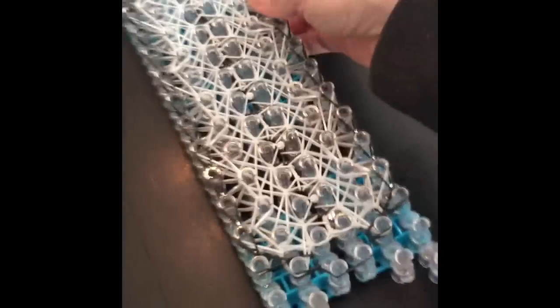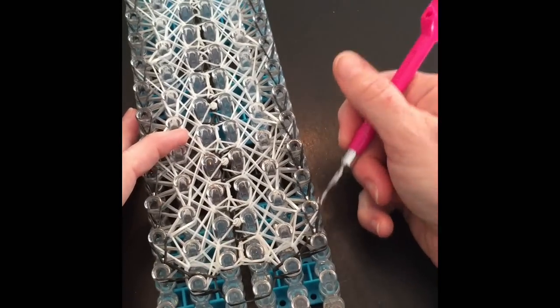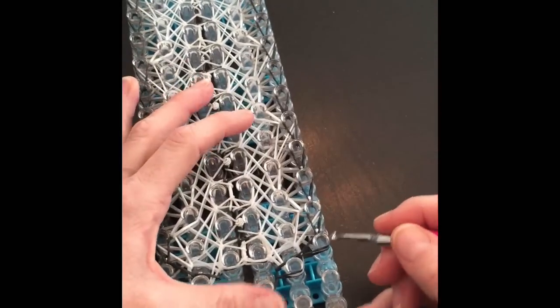And now we're going to have to take it off the loom. So what you're going to do is you're going to relieve the tension on both sides. So what I do is